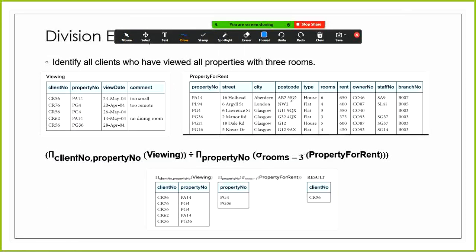Now we have to find the properties where the rent is greater than 350. So this is 650. This is with the rent 650. So we will count it. Next is also greater than 350. Here we have rent 350. We will not include it. 375 is also greater than 350. 600 is also greater than 350. And 450 is also greater than 350. So we got these property numbers with the rent greater than 350. Now we will count them: 1, 2, 3, 4, 5.